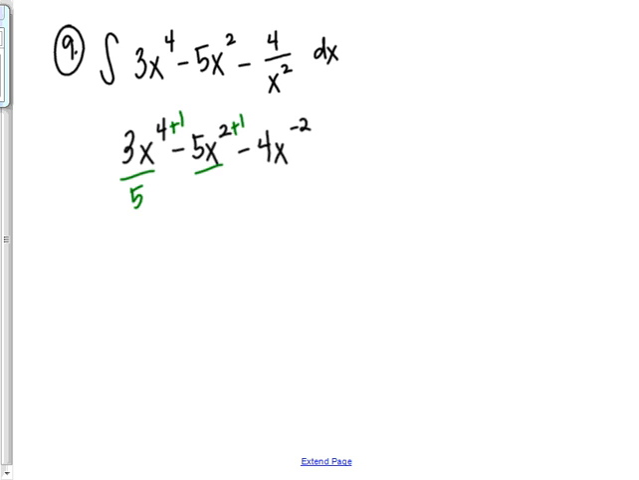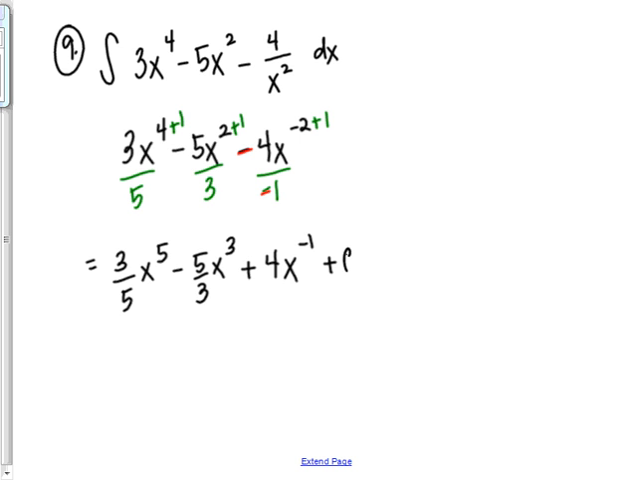Add 1 to it, now divide by 3. All right, what do you get here? Add 1 to it, you get negative 1. So let's divide by negative 1. So we would be left with 3/5 x to the 5th minus 5/3 x cubed. All right, be careful with your signs. This negative and this negative switch to a positive, and 4 divided by 1 would just be 4x to the